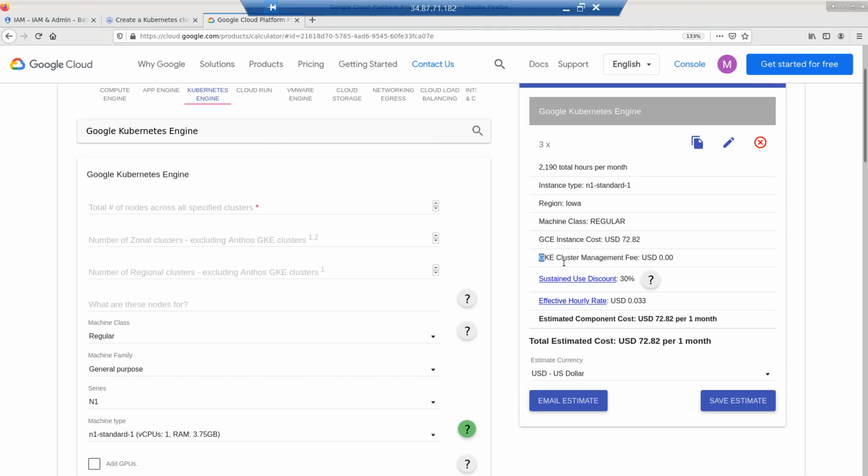So you see one cost called cluster management fee, which is 0. This is your master node or your control plane, it's totally free. So if it's a zonal cluster, this is free. Now if I make it the same thing, 3, but I go with a regional cluster,